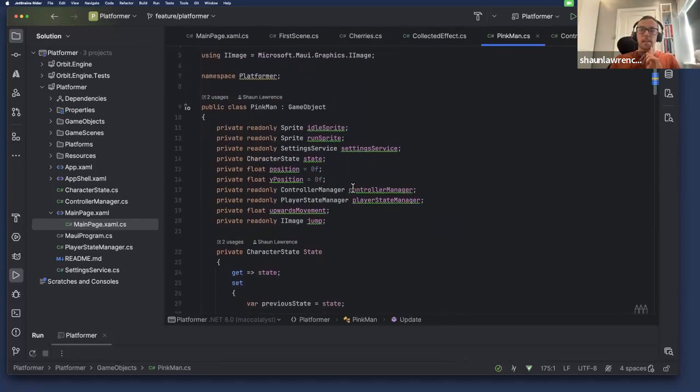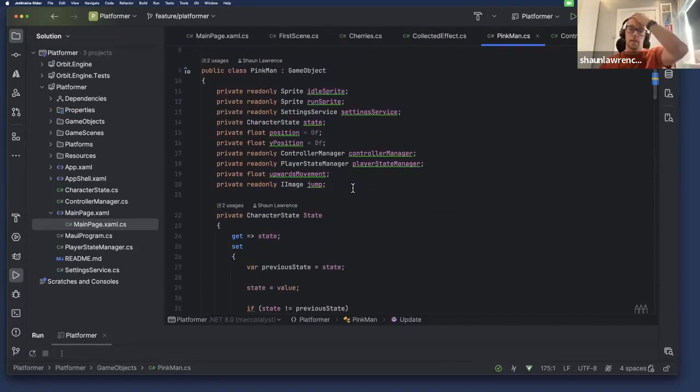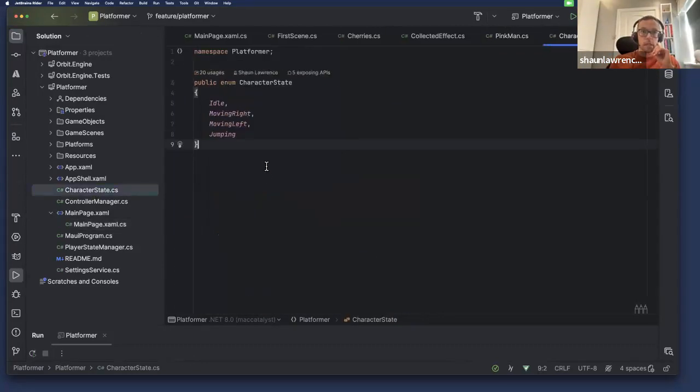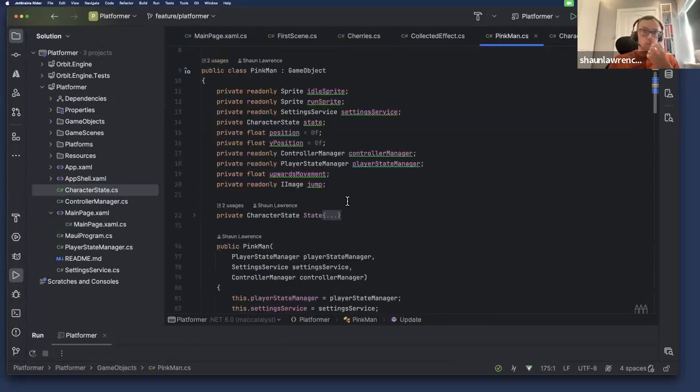And then the pink man is actually a bit more complex than we showed in the slide, purely because there's a bit more going on. If I open character state, by default the character is idle, but he can move left or right and jump. That's managed here.